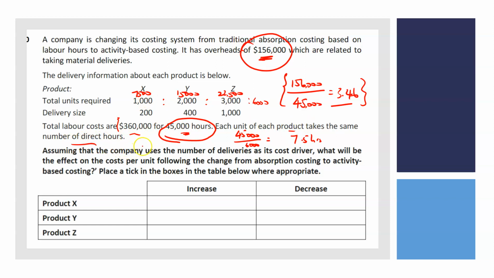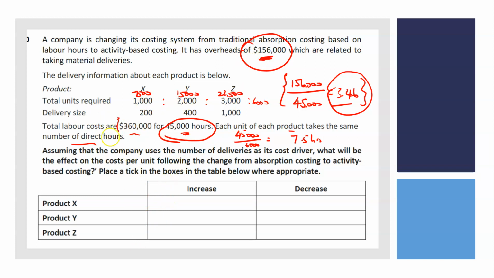If it took a different number of hours, then it would be really important to calculate this. But you don't, because they all take the same amount of time. So you can still go ahead, not a problem. It's just making sure you're keeping it tight. So if I was just simply doing that on this sort of system, if I was just going to use the ratio to look at the spread of this overhead using absorption costing, I would simply